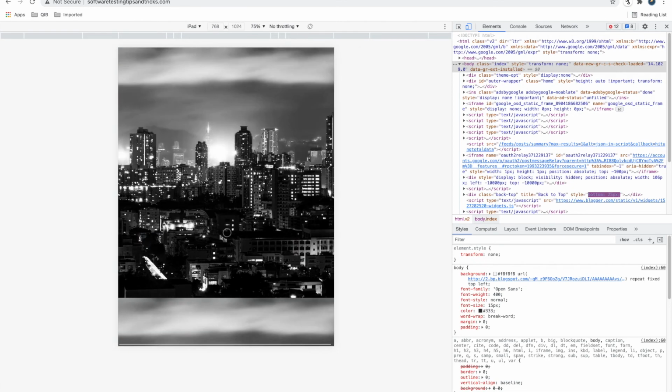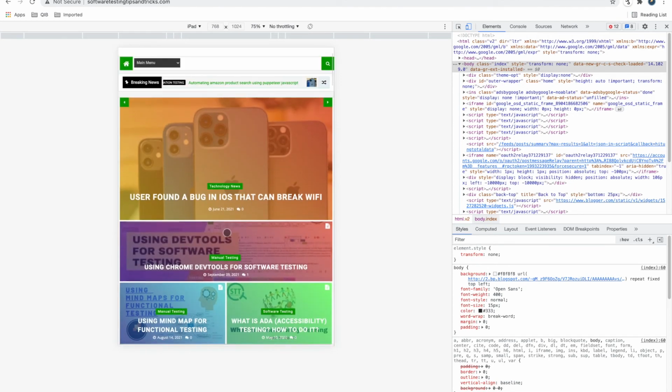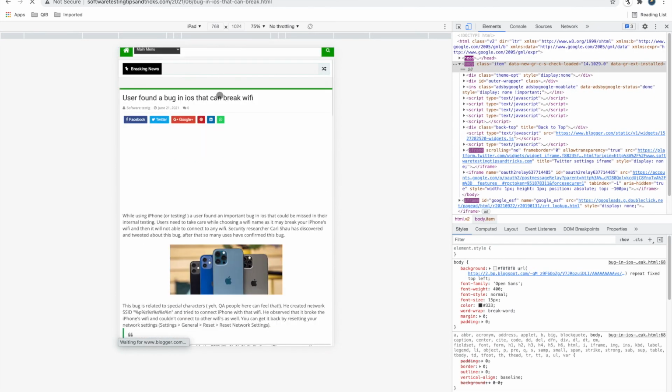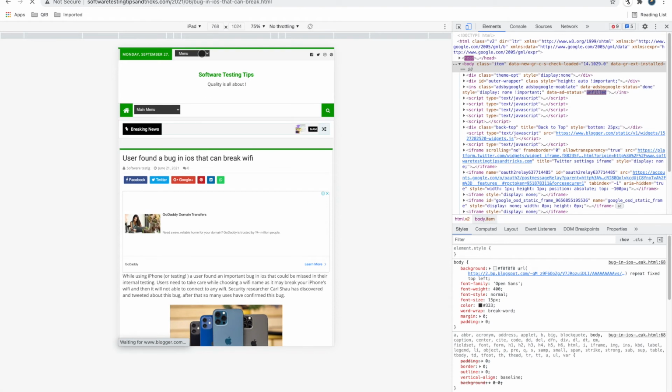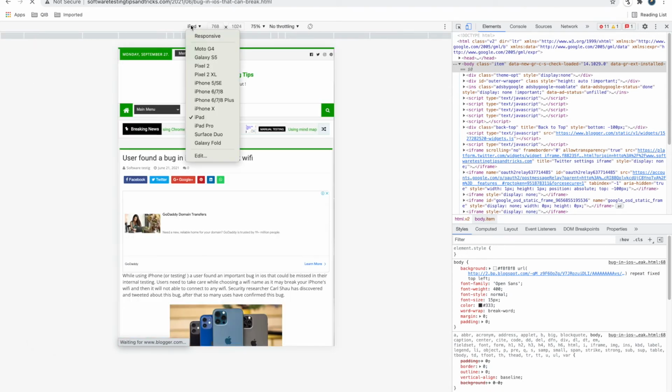These are the most used tablets across the world. So you should support your websites on these as well. So you can check iPad. You can have some menu open and try to rotate, to see if a dialog box is open, whether it stays there or not. You can check with rotation, without rotation. So these are all the test cases you can create.